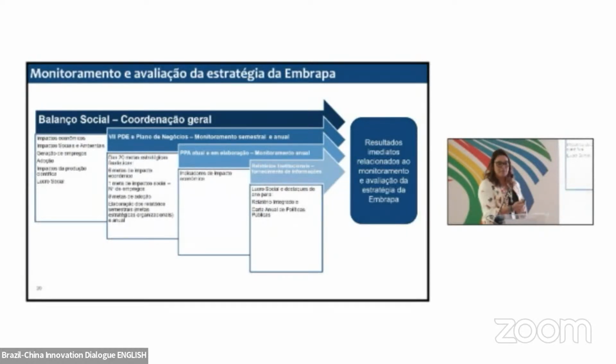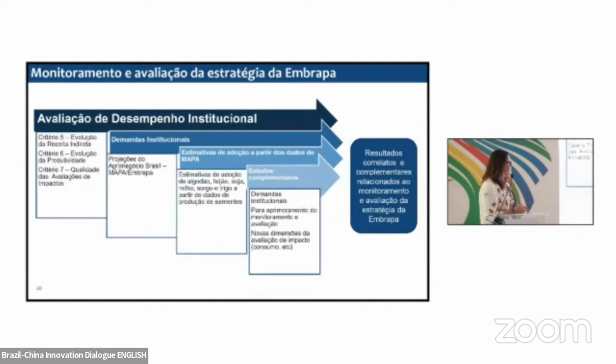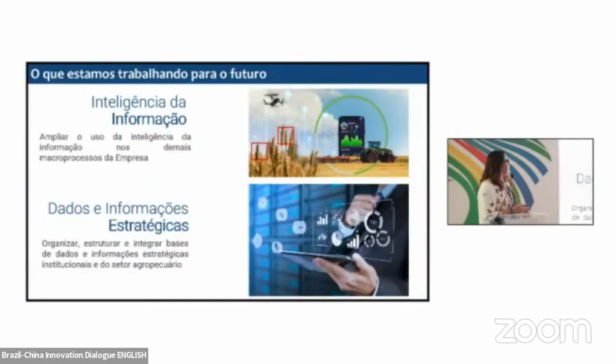We have API in São Paulo. We have NDE in Paraná State. We have MPAG as well. And this shows the government how much return they have when you invest in science and technology in a sector such as agriculture. So this is part of this new cycle of planning and delivery.